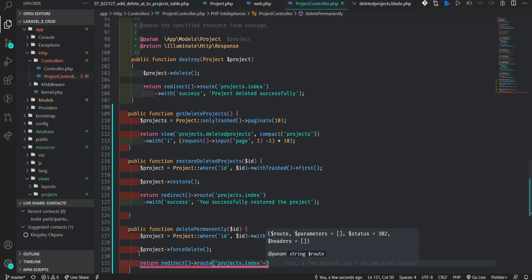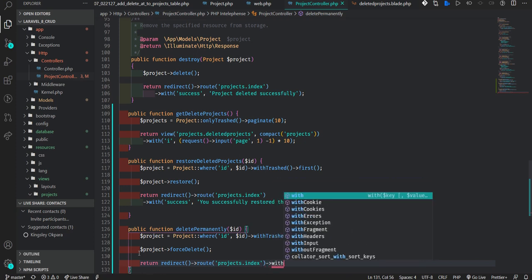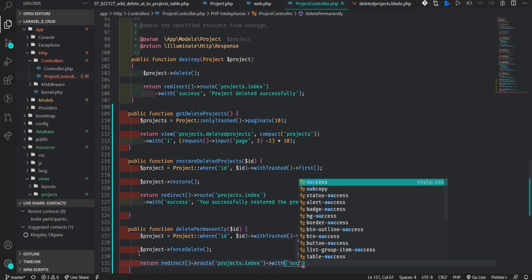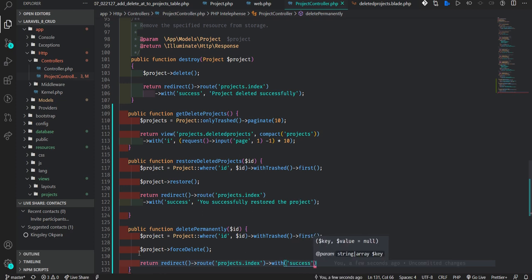We give it a success. If everything works well, it should give us a success message that we successfully deleted permanently.